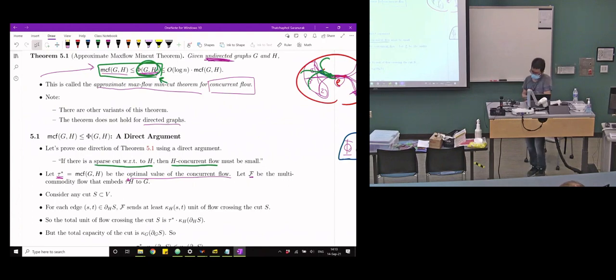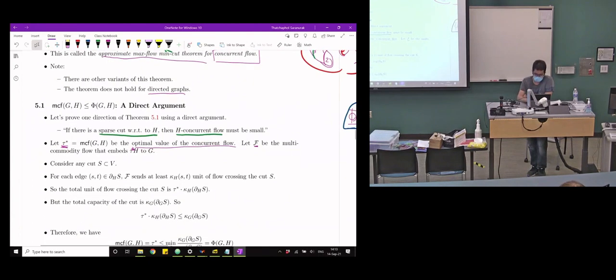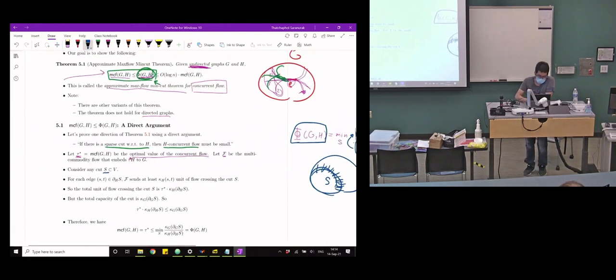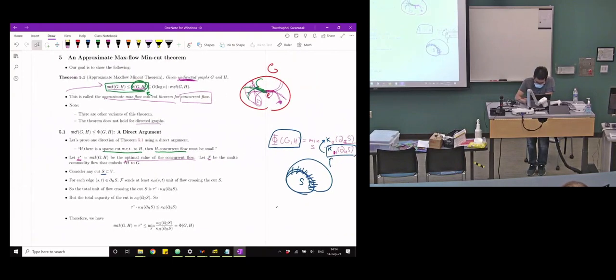And if you have this picture in mind, it kind of gives the proof already, because suppose you look at any cut S here. This is the cut S in G, and look at the same cut in H. Any demand pair crossing this cut